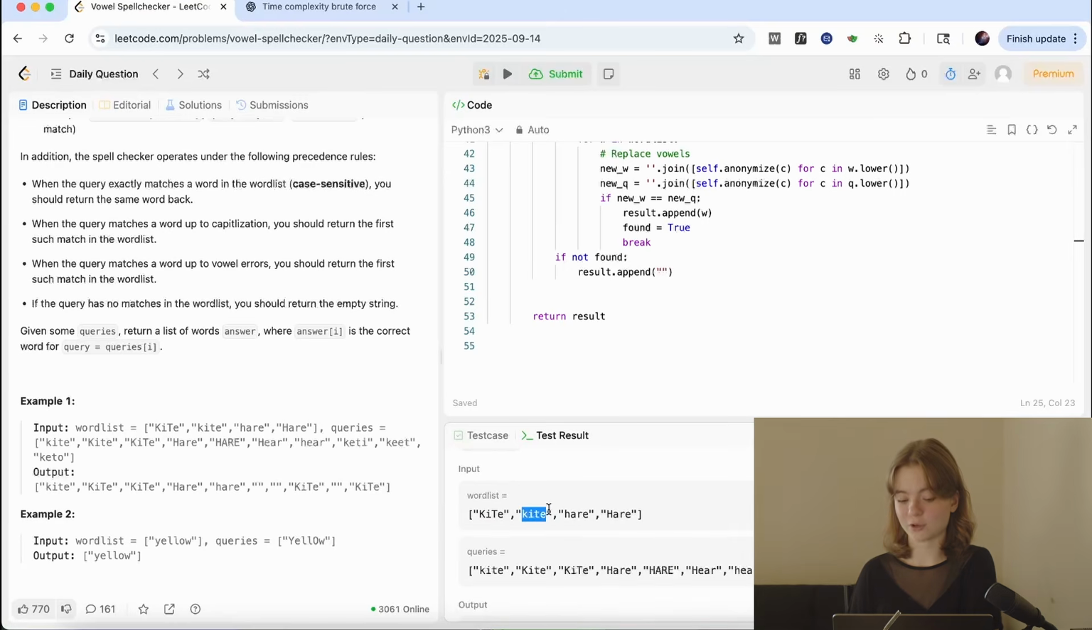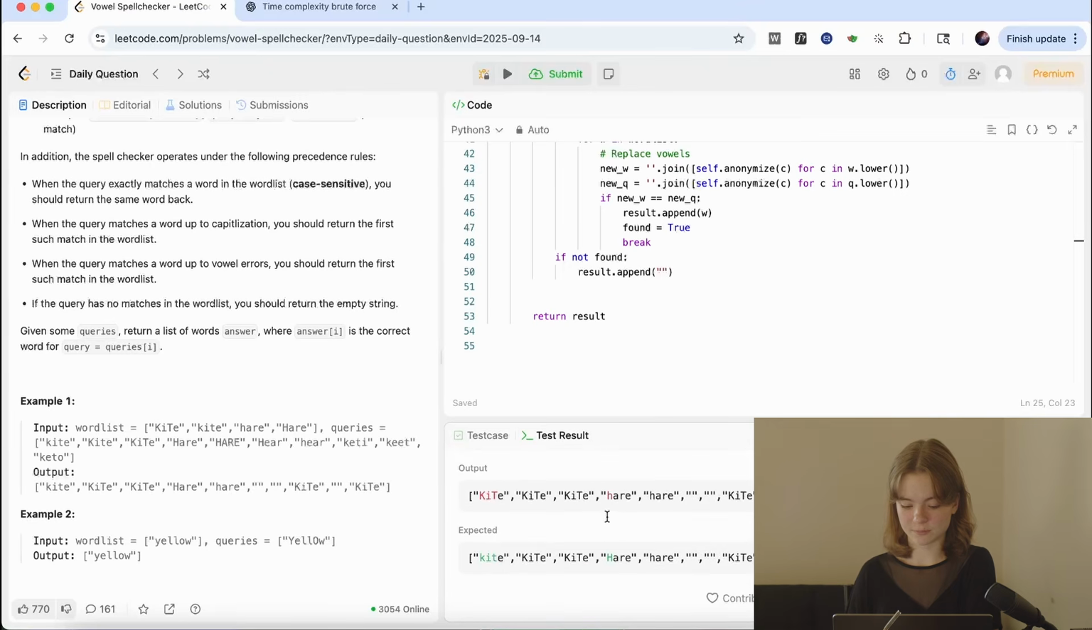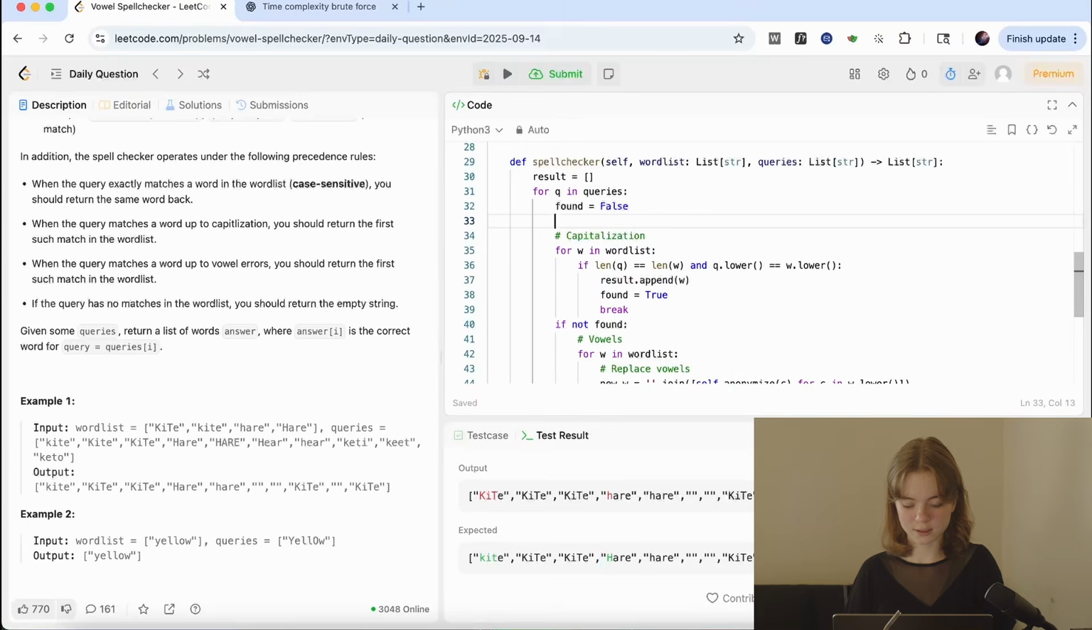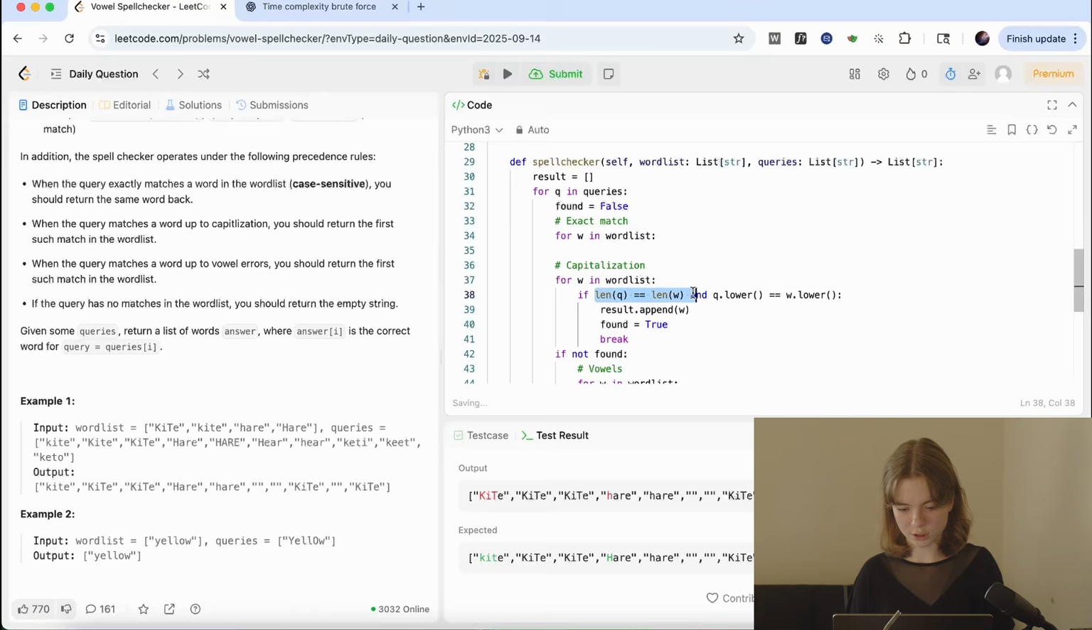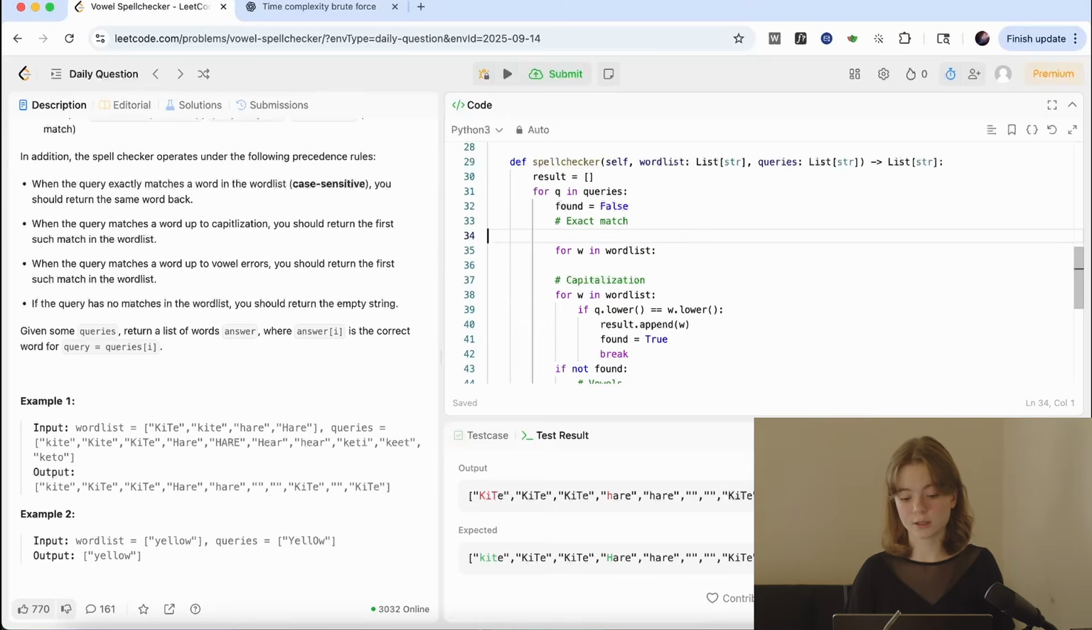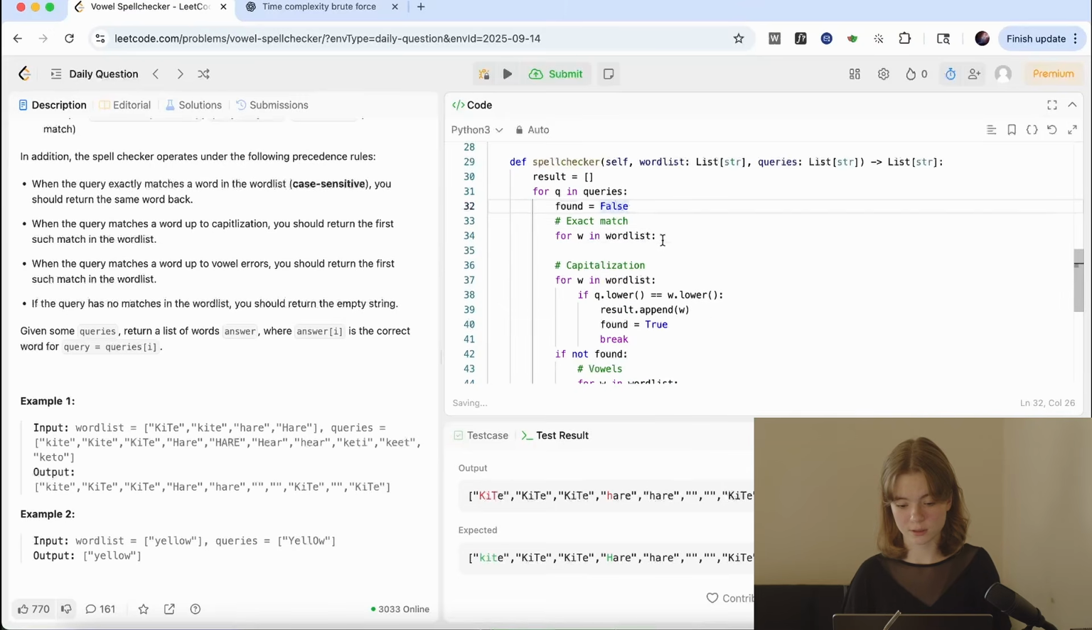Aha! So we actually want to do 3 passes through because there might actually be a word that matches up exactly. And that's what we want to return instead. Okay, so we'll do exact match first. We'll check our length there. Oh yeah, and here we actually can not even worry about it and say